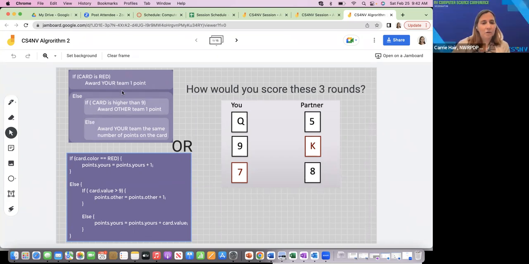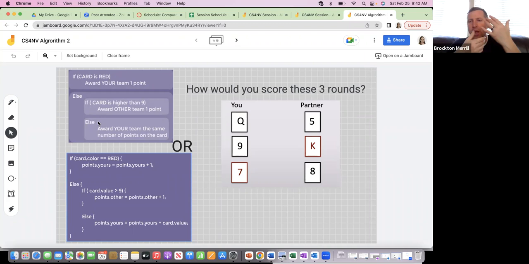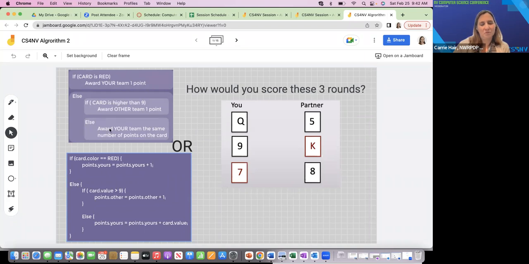Yes. So the one notation I think I would probably change, which I think you're getting at, is that this else right here, I would make that an else if, because else is just kind of the default. But I guess it would default if this isn't true. So yeah, I think you're bringing in that idea of, is it a nested conditional or is it not a nested conditional? When do I get down to the second if else statement?